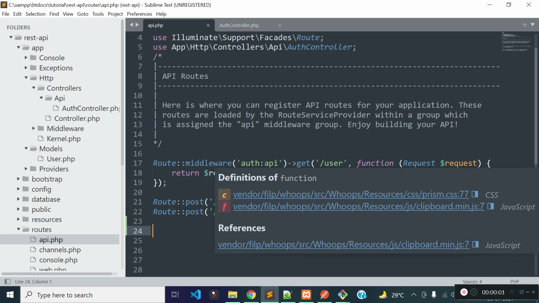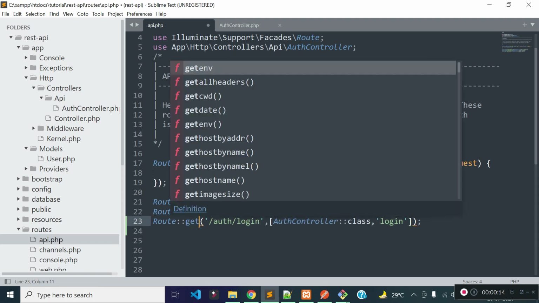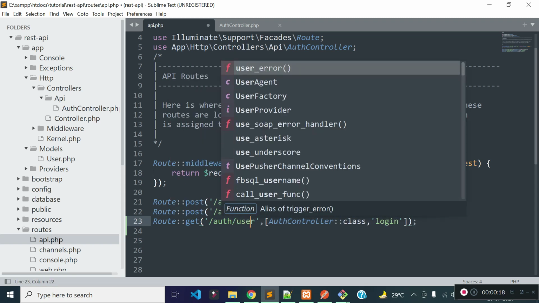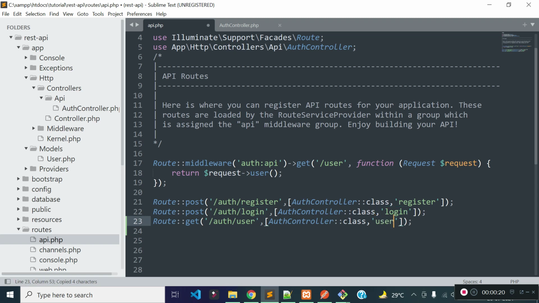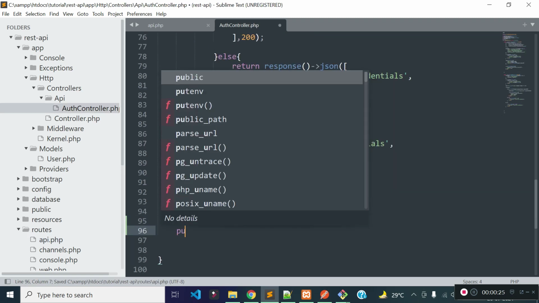In this lecture, I am going to create protected API endpoints in Laravel so that a user needs to provide API tokens to access the route. I am going to create an API to get currently authenticated user data. Route method will be GET and URL will be auth/user and it will execute auth controller's user method. Let's open our auth controller and create a method called user inside our auth controller.